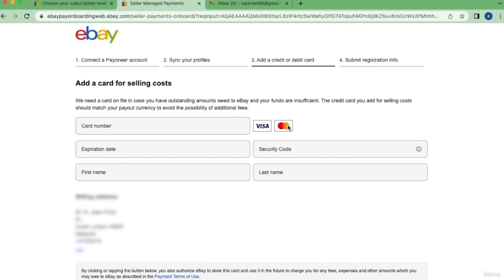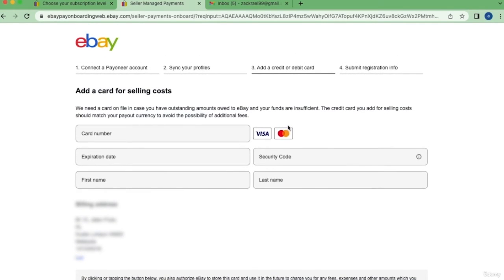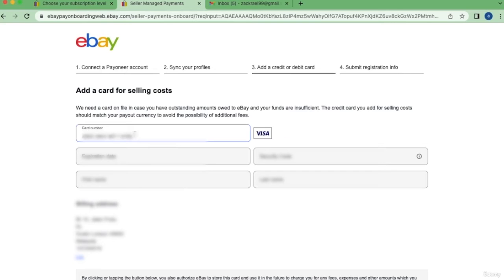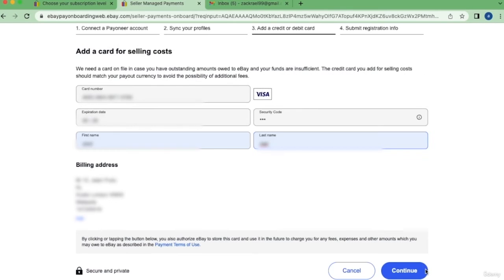Now you have to add a card for the selling costs. We need the card on file in case you have outstanding amounts owed to eBay and your funds are insufficient. The credit card you add for selling costs should match your Payoneer currency to avoid the possibility of additional fees. So once you put all of your credit card information in, you can go to the bottom and click on